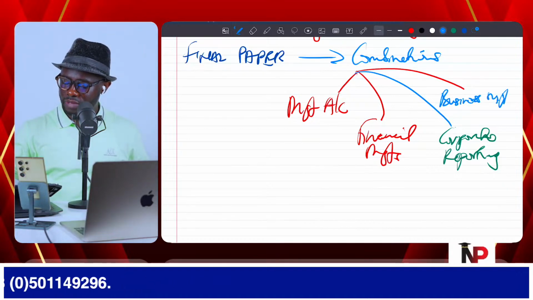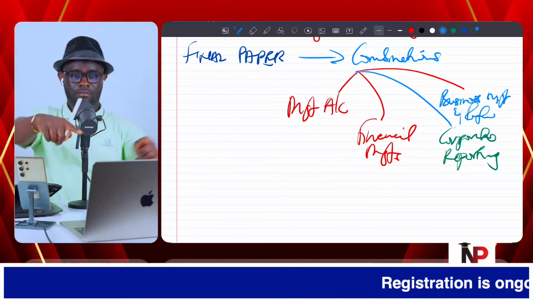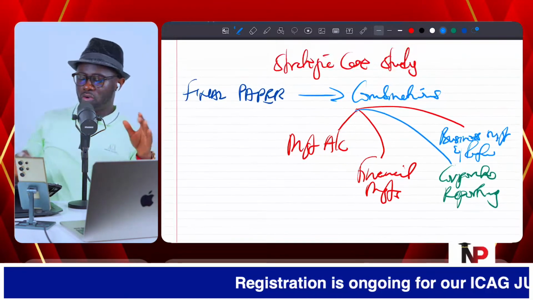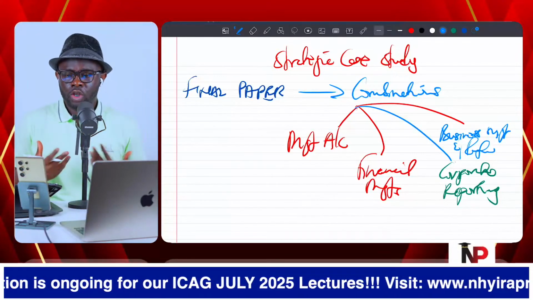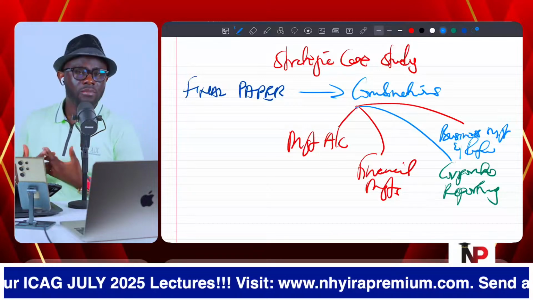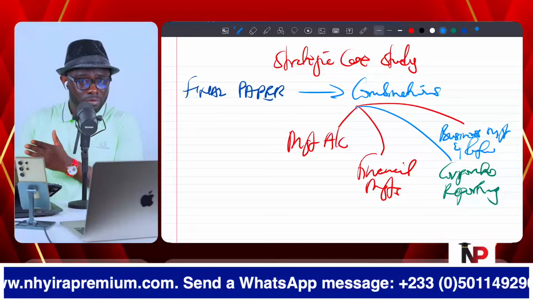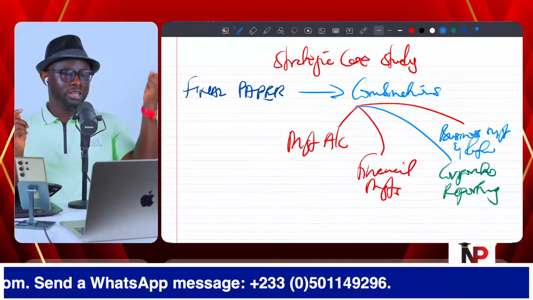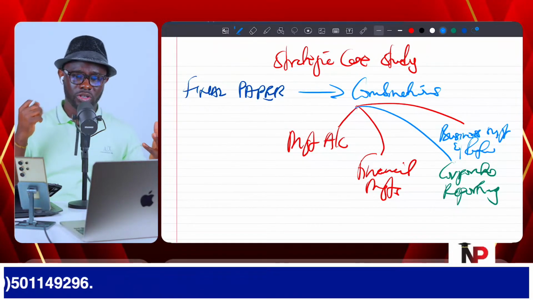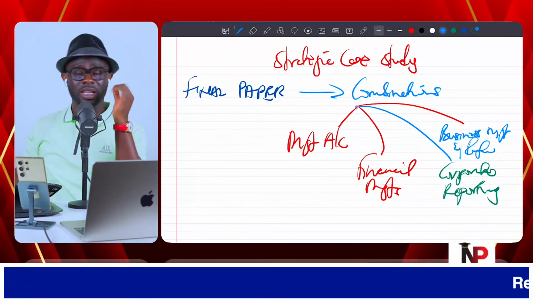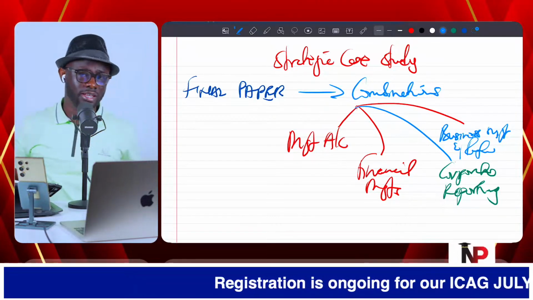Okay? Business management and information system in level 1. Some of the things there coming up here. So case study is bringing together all of these things. So if you are just looking at the case study, you're going to screw it up. You must understand that you may need knowledge from management accounting, financial management, corporate reporting, and then level 1 business management and information system. And that's what you need to understand in that case.